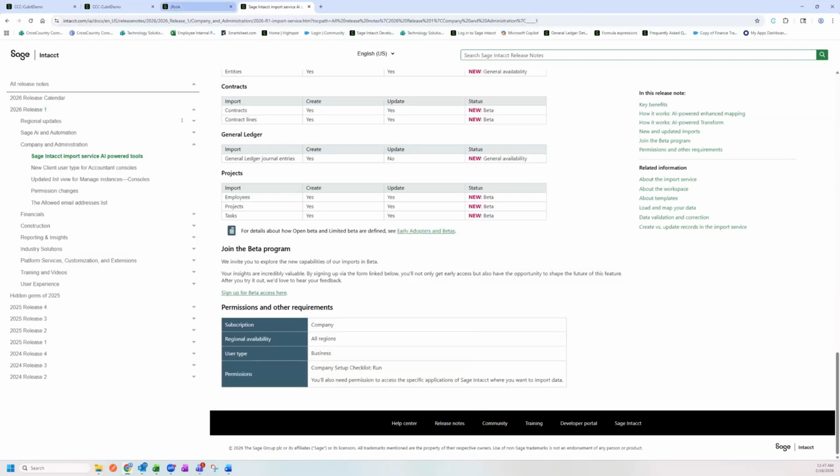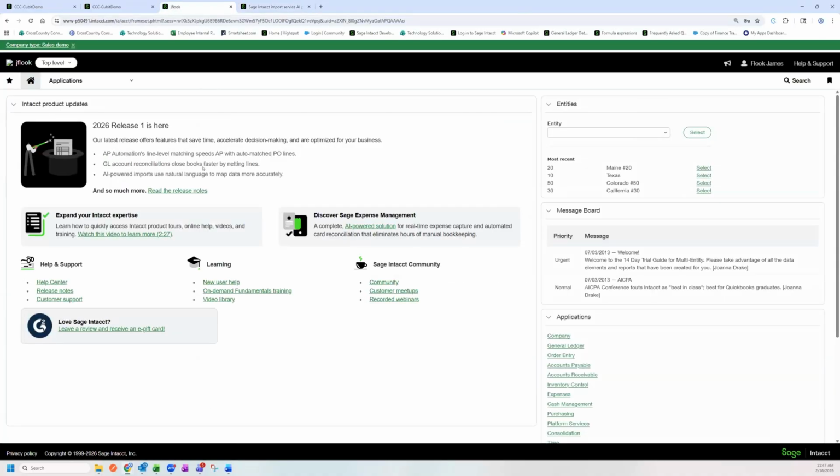Another exciting feature I want to talk about is some changes around AP automation and PO automation. The first one is the migration to the new AP automation email domain, shifting from the old at sagemail.com domain to the new at ai.sage.com domain. This updated domain brings several highly requested improvements, such as auto forwarding rules, which allow you to save time by using auto forwarding rules in your email service to automatically route vendor bill emails to your AP automation address. This eliminates the need to manually forward each